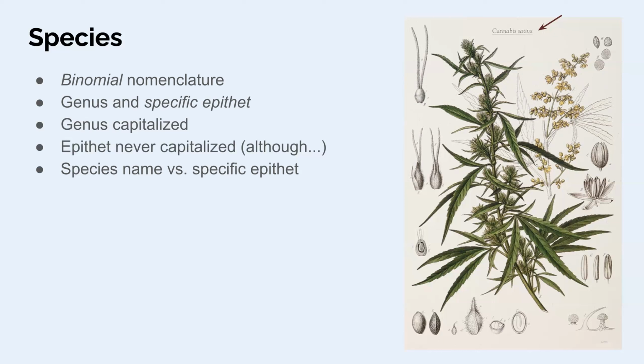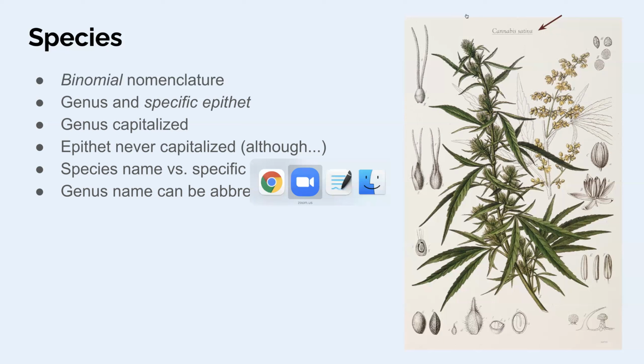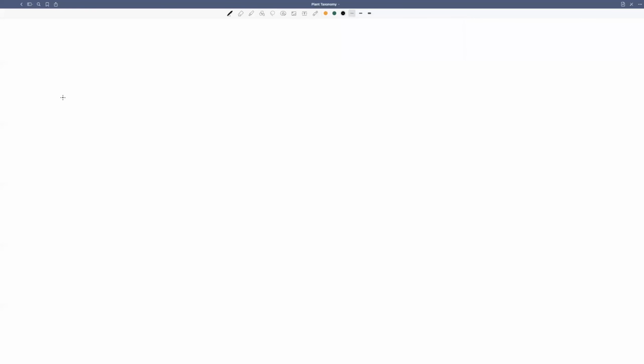So we saw this difference between species name and specific epithet. Species name is both words, the specific epithet is the second word. If you use a genus name, say you're writing a paper about a genus of plants, and you mention a name, the next time you mention that, you can abbreviate the genus. So if you're writing a paper and you say Cannabis sativa,